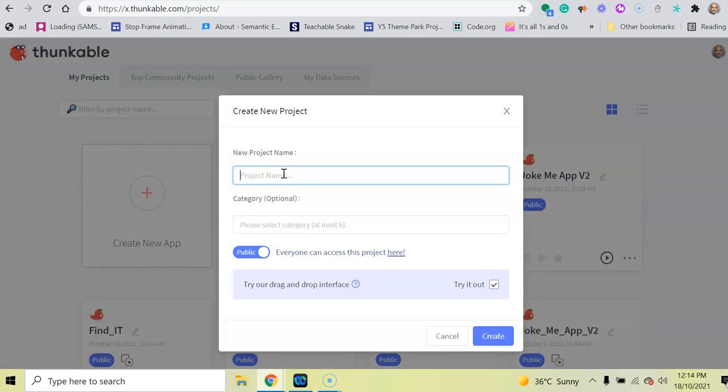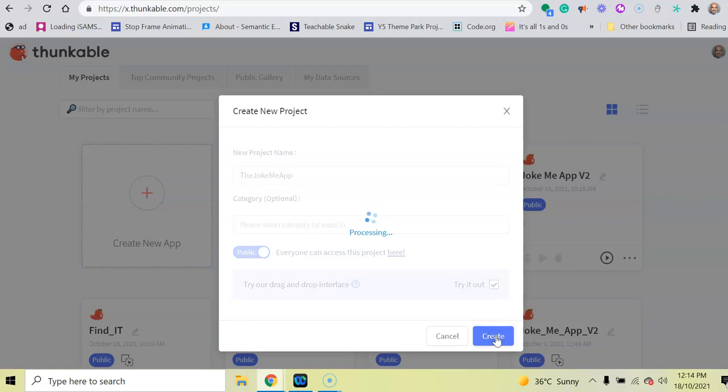I'm going to call it Joke Me App. That's a good name for the Joke Me app. And then just click here, and then you've got category. You don't have to worry about the category. You can just go down here and click on create, and that will take you to the Thunkable interface, which